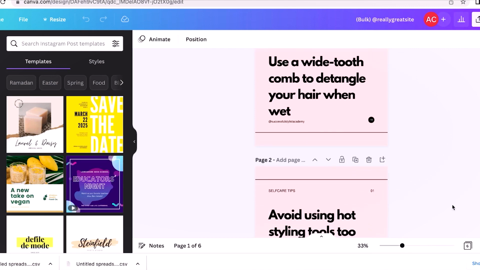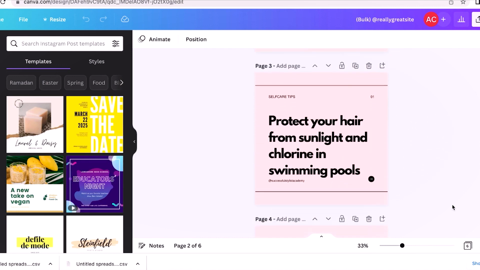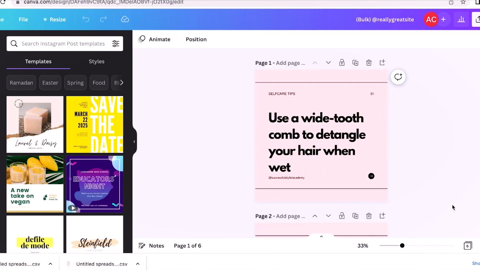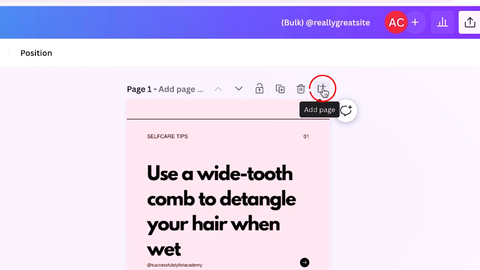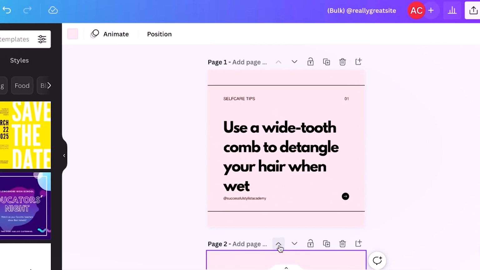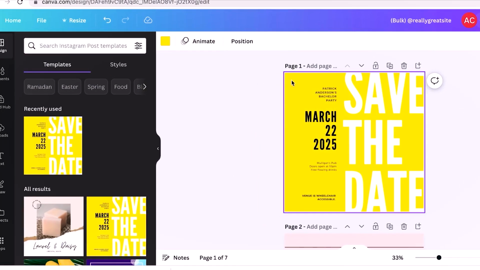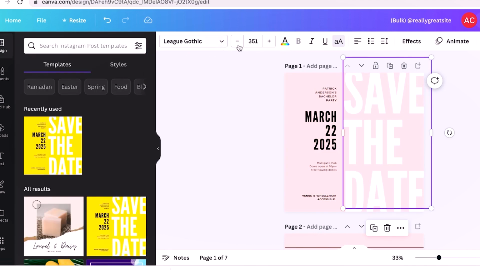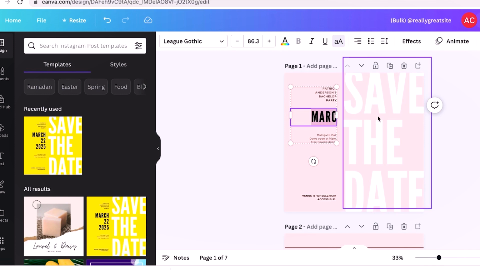This totally is what happens in Canva, but I want to show you just how easy it is to create everything in literally minutes. The last and final step is I want to make a cover. So I'm going to add an extra page on, and I'm going to click the caret so it moves up to the top. And then I'm going to click over here to the left side for a pre-made slide, and I'm going to go through the prompts and adjust the font, adjust the colors, and I'm even going to input